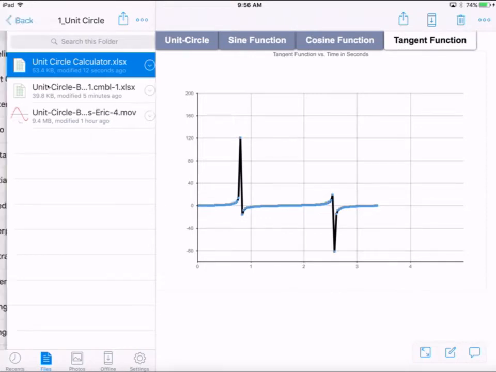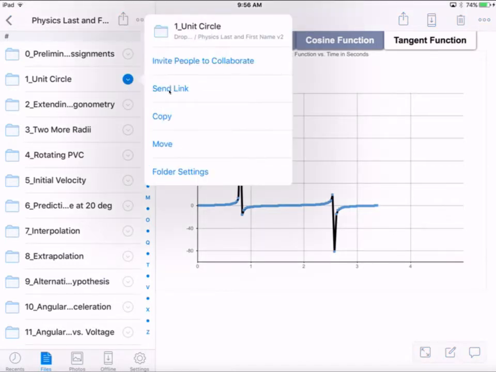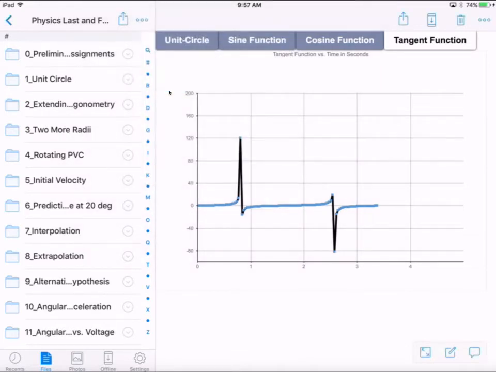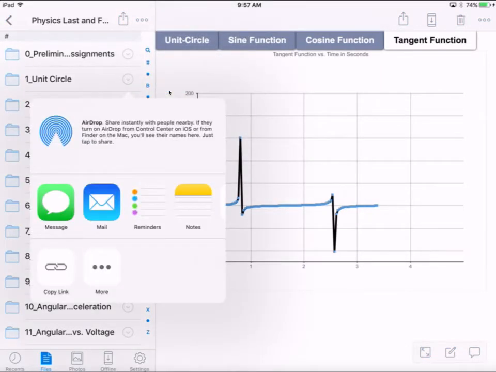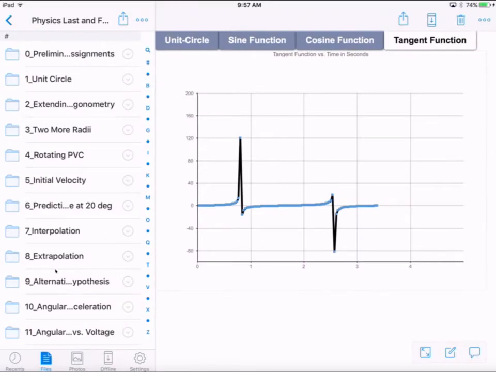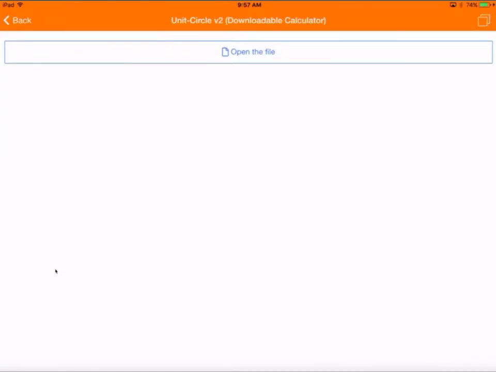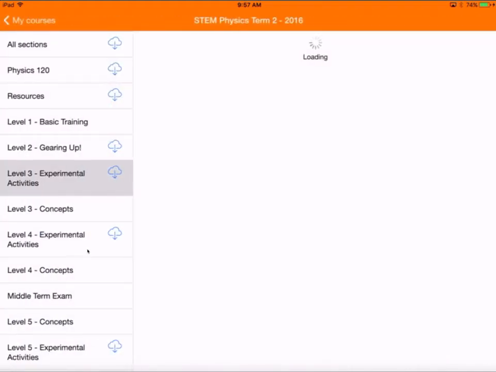And we want to go back one. And once we go back one, we want to select on this pop-out menu. And you want to say Send Link. So once you send link, you want to copy link. Okay, once the link is copied, let's go back to Moodle. And under Moodle, Level 3 Experimental Activities,